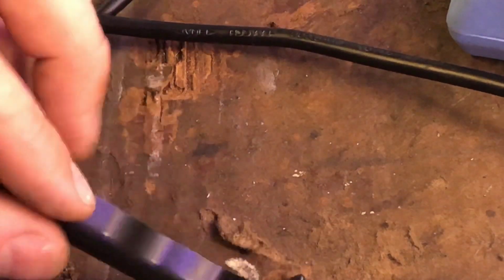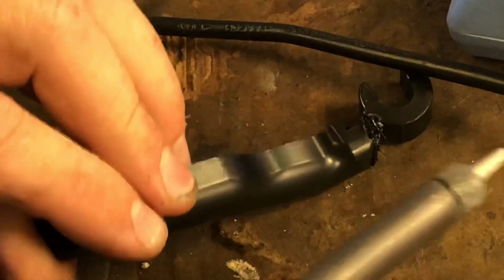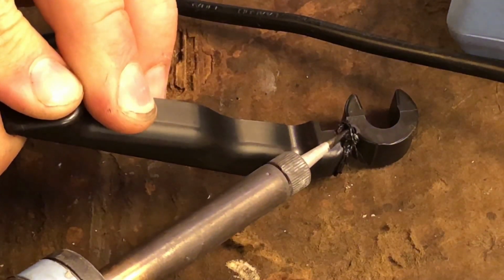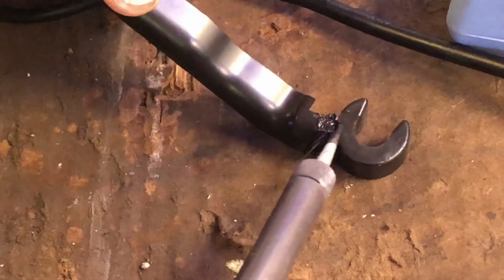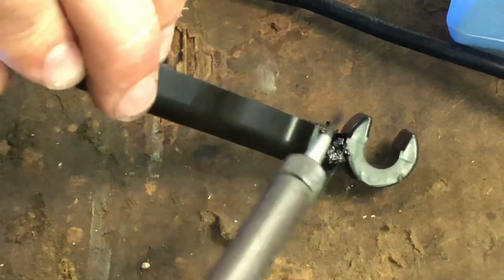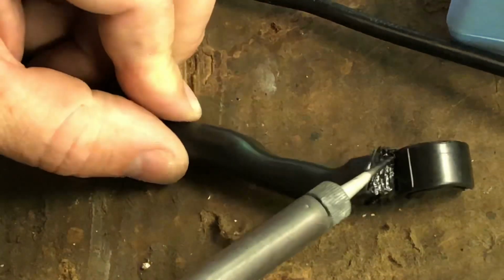I use this soldering iron quite often, not just for plastic. I also use it for soldering. I'm not afraid of electrical items. Still on the camera there? It looks like we are. All right, so